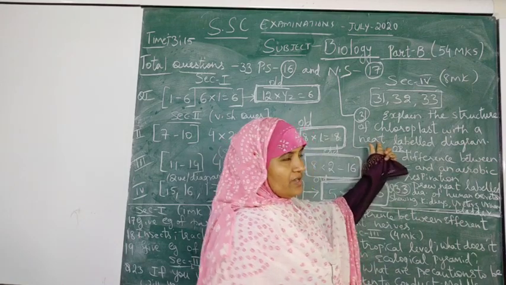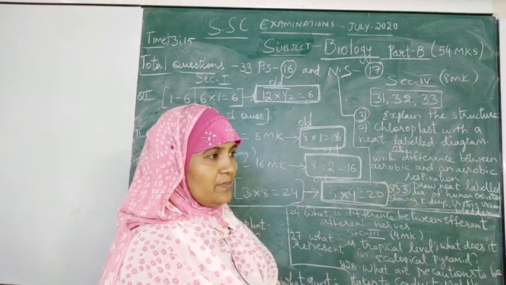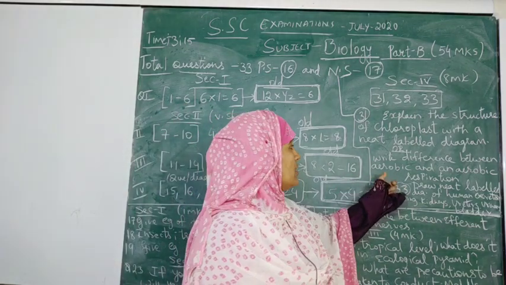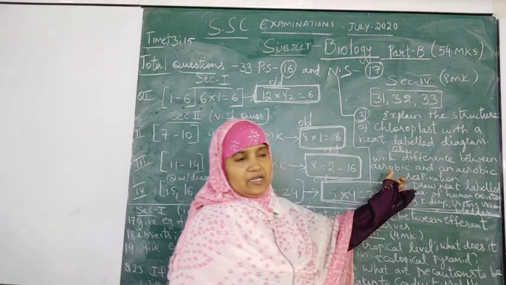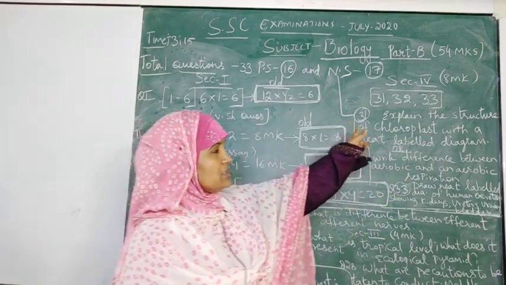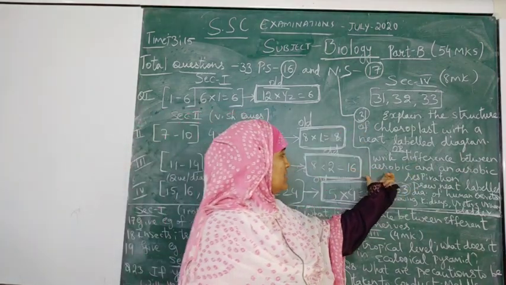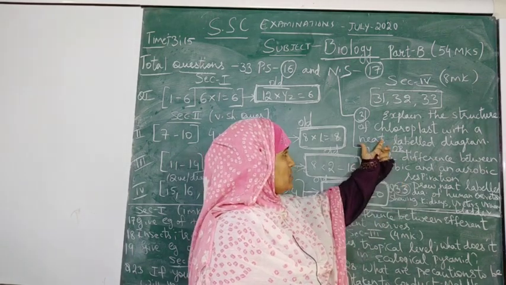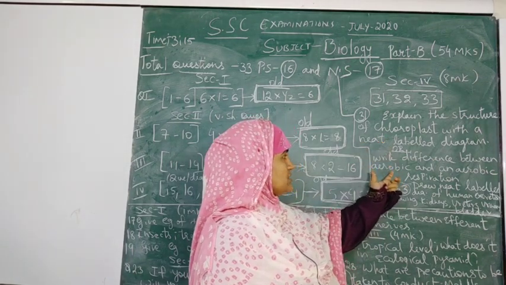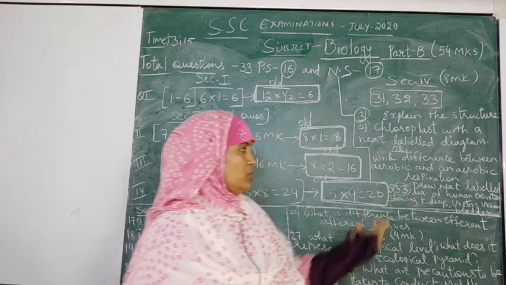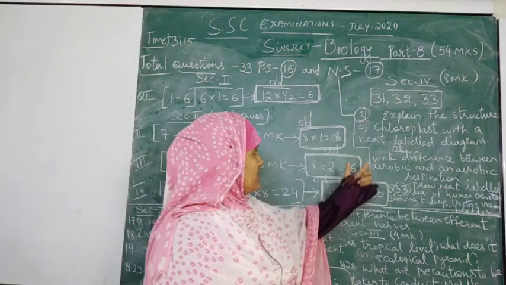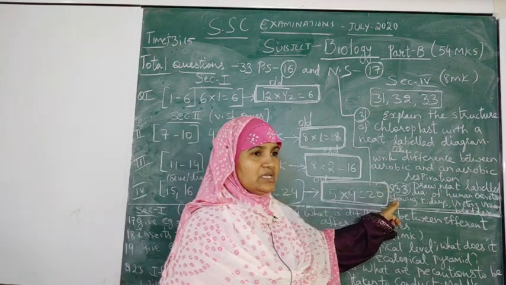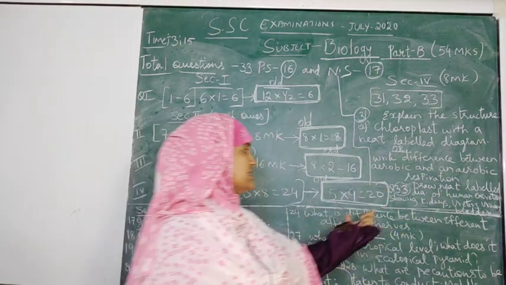Or you are even having an internal choice, as in PS we had, and even in the previous format we had an internal choice in Roman 4. Here also we are having internal choice for all the three questions, that is 31, 32 and 33. Suppose you are given one question like this and the second question can be like this, right? Difference between aerobic and anaerobic respiration. So a similar type of question may be given for question 32, and then the 33rd question is a little bit different type, as I had said earlier.